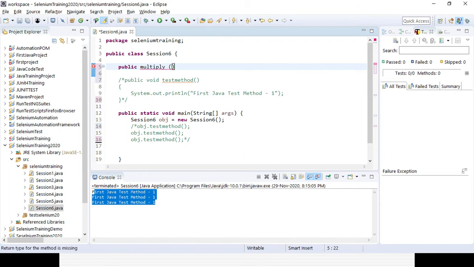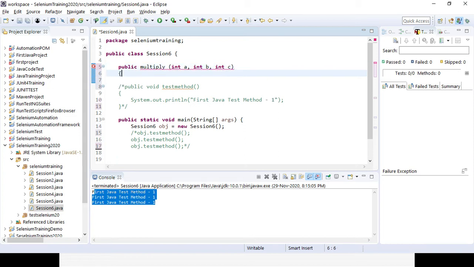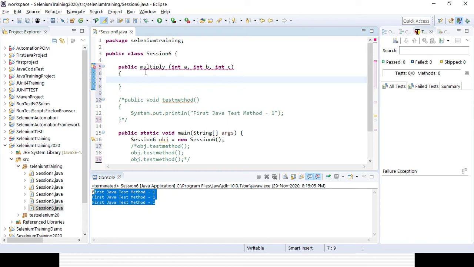So I need to declare the variables: integer a, integer b and integer c. These are the variables I want to pass whenever I multiply, so the same method can be used multiple times.